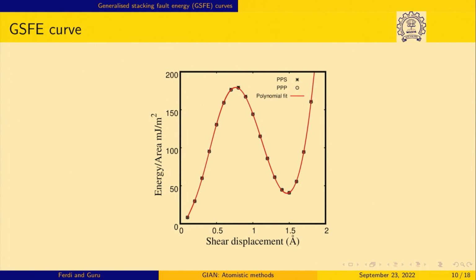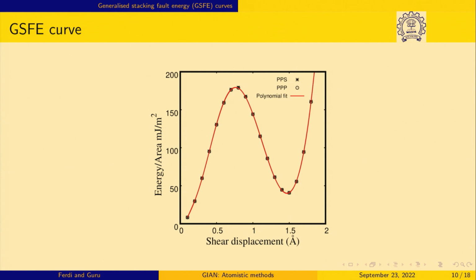Now, you can see that this bottom point is one of the B positions, and from there it has gone to the C position, that is the minimum. So, the difference between them is basically the stacking fault energy at 0 Kelvin. But what it also gives is the barrier it has to overcome. If the set of atoms slides, how much is the barrier it has to overcome to fall at that point? You can have this difference to be the same, but if the barrier is different,